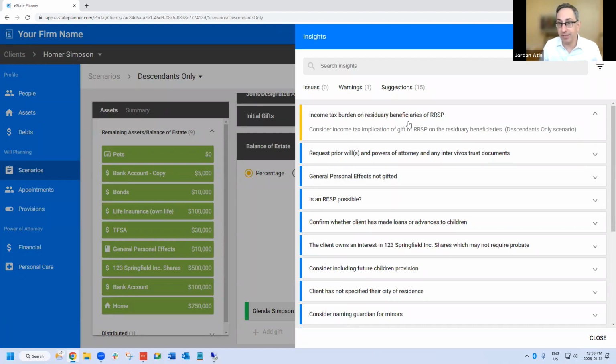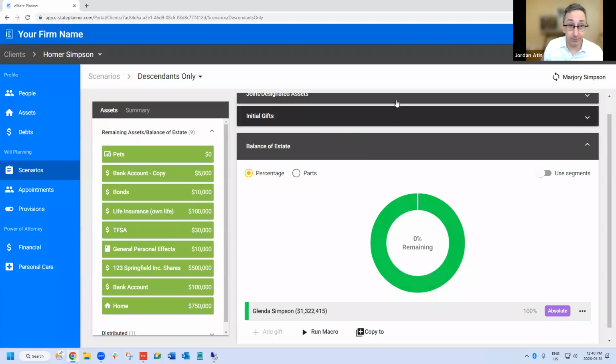I'd much rather have the RSP go through the estate so we can deal with it properly and have the tax burden follow the gift rather than dealing with a beneficiary designation. And I think we've talked about that before at our eState advanced webinars. But obviously that's a major issue with RSPs, that the tax is paid by the residue rather than by the designated beneficiary. So I just point that out.